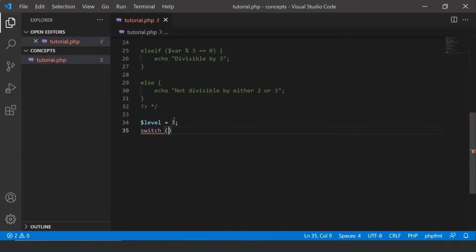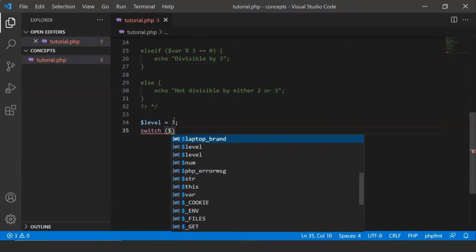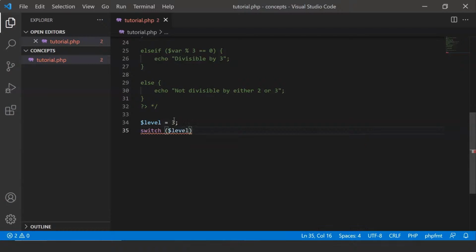To create a switch statement, you need to type in switch and enter the name of the variable that will be passed into the switch statement to check for the conditions, Level. It also begins with a curly bracket, and inside the switch statement what you need to do is